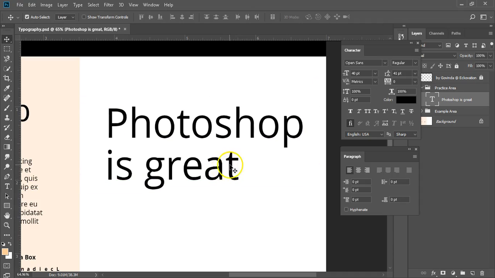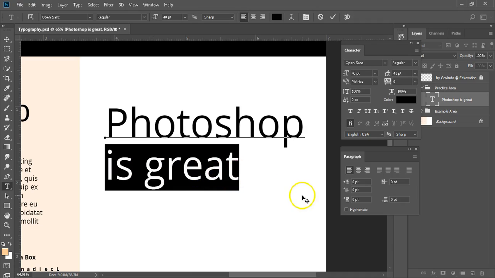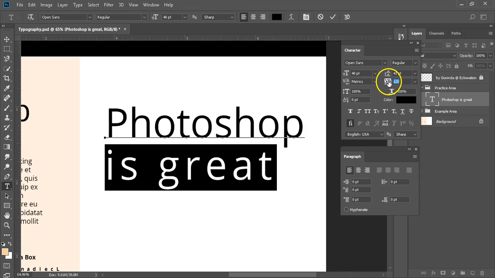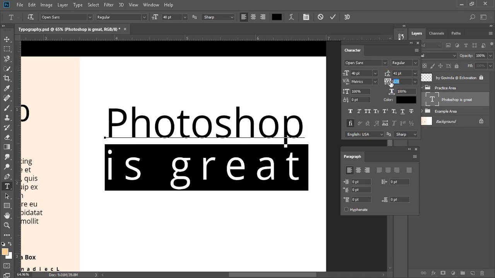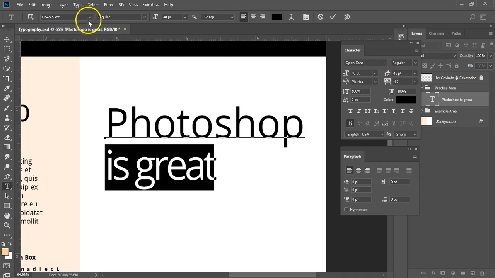Now let's do some more editing. This time we will edit not the whole type layer but only the second row of the layer. So click on the type layer with the type tool and get into the edit mode. Select the entire bottom row and this time go to the control panel for editing. In this, change the font size value to 25 and press enter.